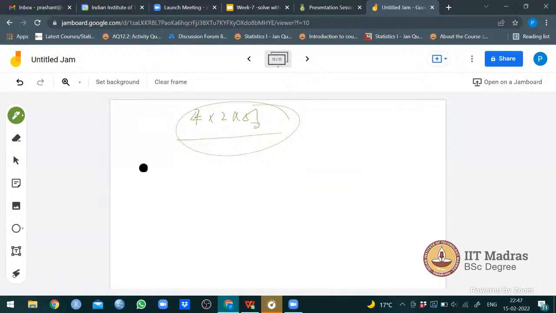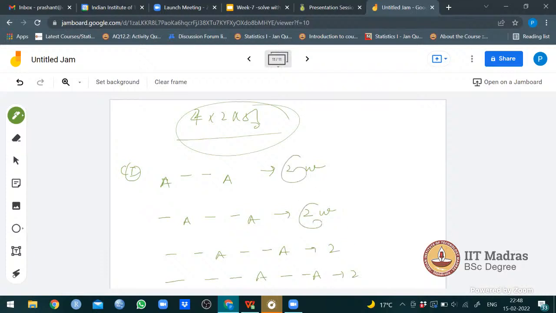Okay. You got it? Two numbers between exactly two alphabets. That means alphabets should be here and here. It can be done in 2 ways. Similarly, your alphabet should be here and here. Then it can be done in 2 ways. Your alphabet should be here and here. It can be done again in 2 ways. Then alphabet should be here and here. These are the total possible cases, which is nothing but 8 and